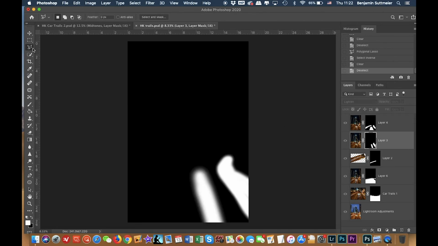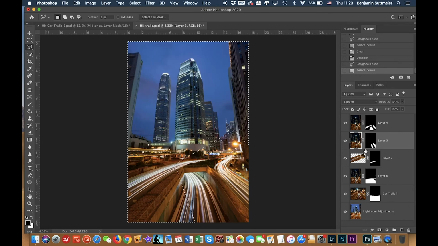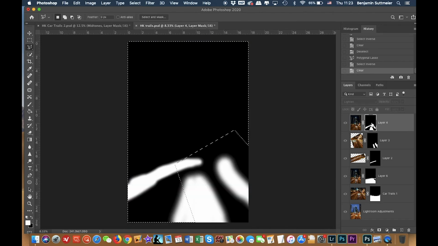So let's check down here. Now I'm at 1.22. Hold down Command or Control D to deselect, go to this one, and hit Option or Alt on the mask. Same thing as last time. I'll just select this area and then invert it. So Shift, Command I, go back to the layer, delete,